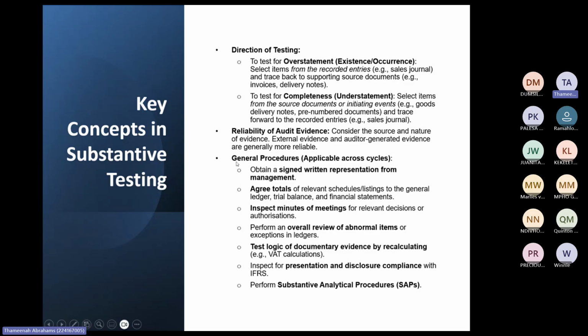Then, guys, I'm not sure if you saw this, but sometimes in UNISA in the required, they tell you to discuss the general and specific audit procedures, substantive procedures. So general procedures are applicable to all cycles. These are generic procedures. The only difference is you have to know what the main source document is that you need in order to perform a general procedure. But the procedure itself will be performed in any cycle. I'm going to explain that.